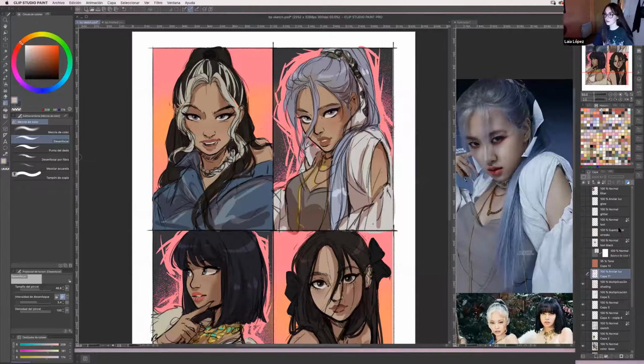So it doesn't really stand out. And overlay is known to give light to whatever you're doing. But sometimes like this, when there's too much color or dark backgrounds, overlay doesn't work. So I realized that I really like the effect the pin light has. And yeah, I really don't know what that is, but I really like this gradient that it gives to their hair and everything. So I just kept it.